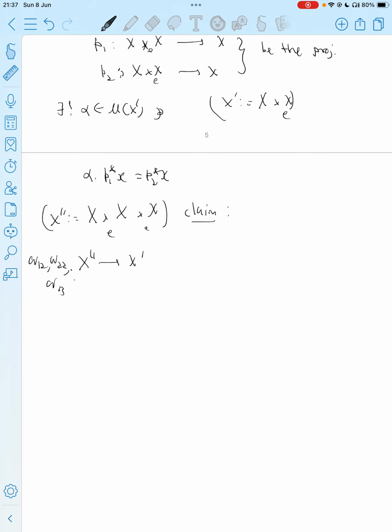So that means Q12 is projecting on the first and second factor, when we consider that as x prime, and similarly for Q23 and Q13. So the claim is this plus